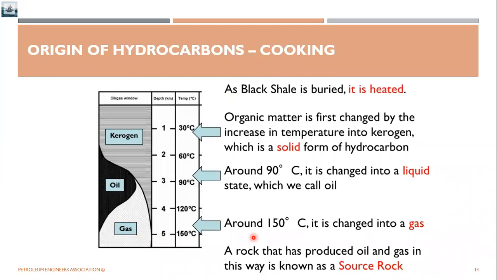So after the black shale has been formed, it will be subjected to certain temperatures. While being subjected to a particular temperature, they might be expelling out or undergoing transformations. When it is subjected to a high temperature, we start getting the first product, or the fundamental base of the hydrocarbons, which we call kerogen.